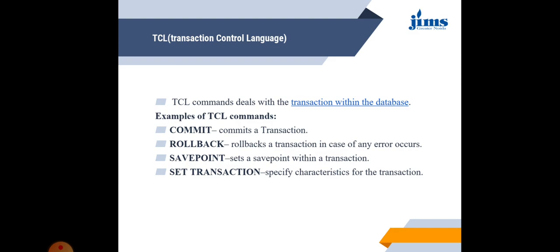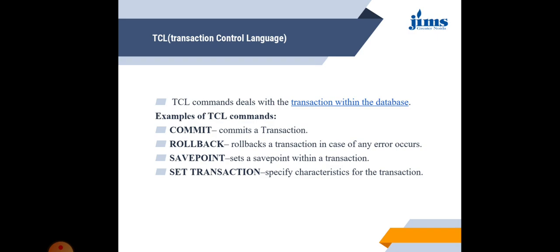For that you have to recall your ACID properties. The first property is atomicity: either the transaction is fully done or not done at all. That is the property of commit. So the commit command means either the commit is completed or not. Commit completed means atomicity is completed. And rollback is there: if there is a failure in the transaction, there will be a rollback of the entire transaction where there were write operations. So rollback means we are rolling back all the things.